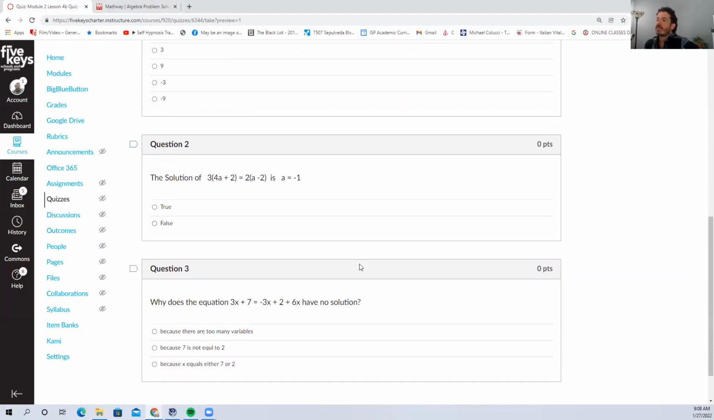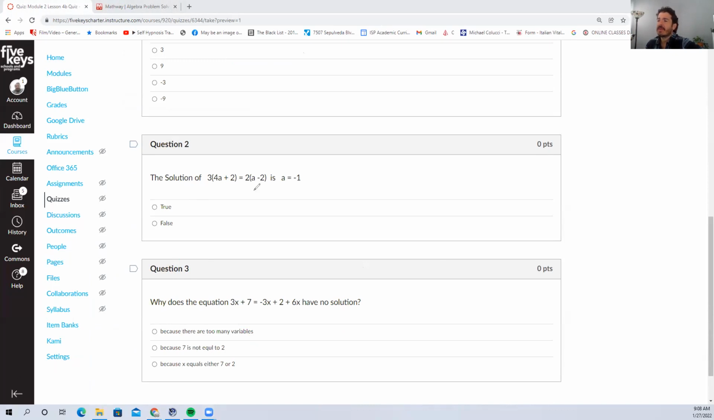Okay, the solution for 3a plus 2, 3 times the quantity of 4a plus 2 is equal to 2 times the quantity of a minus 2 is a equals -1. Okay, this is not what the lesson's about, but I'm going to show you a different way of doing this. Because sometimes math is about